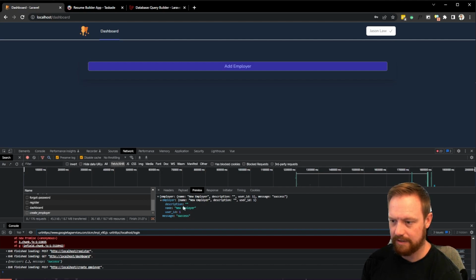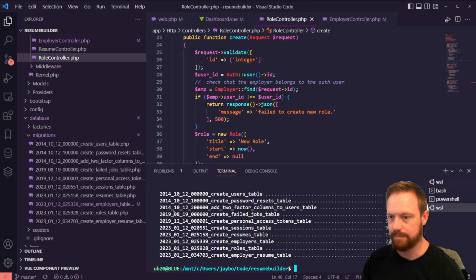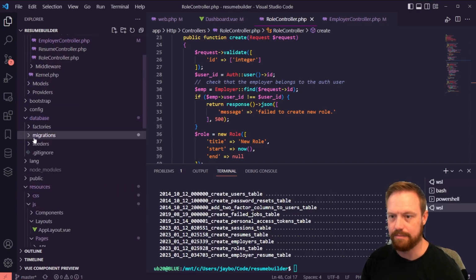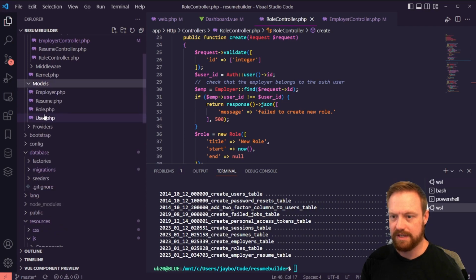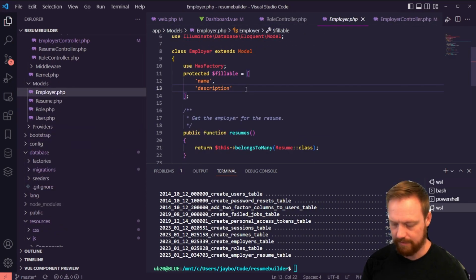I don't get, that's right, because I haven't got those date fields already set up, and they are not mass assignable yet because I haven't updated the model. So let's have a look at the model for employer. We can see here we've got